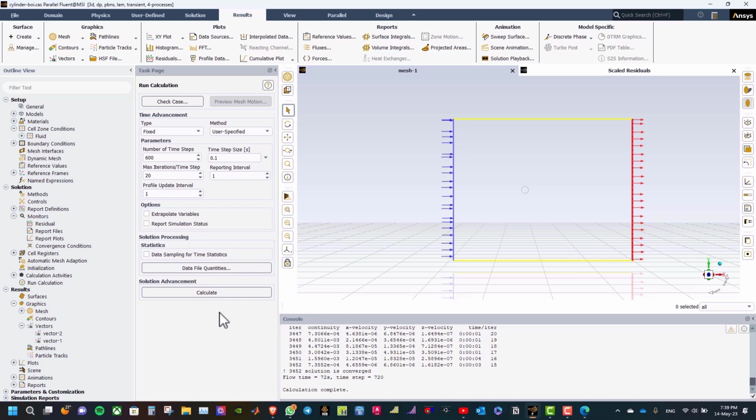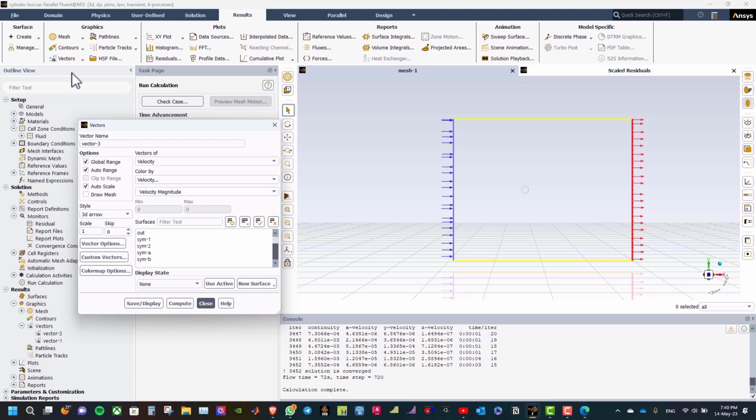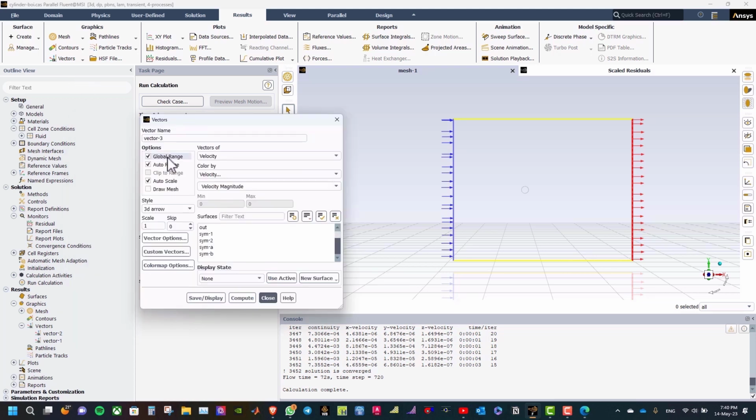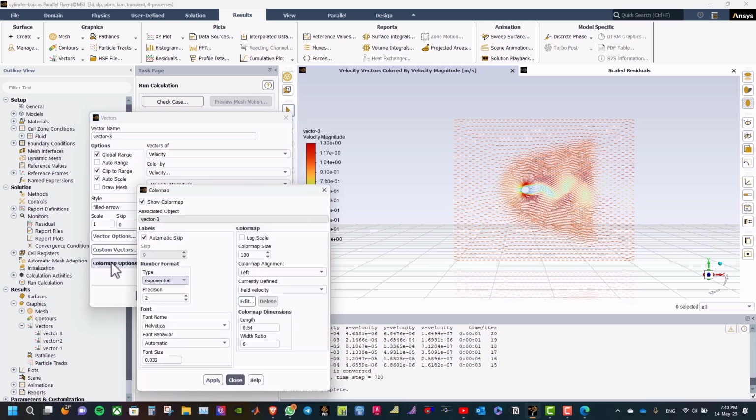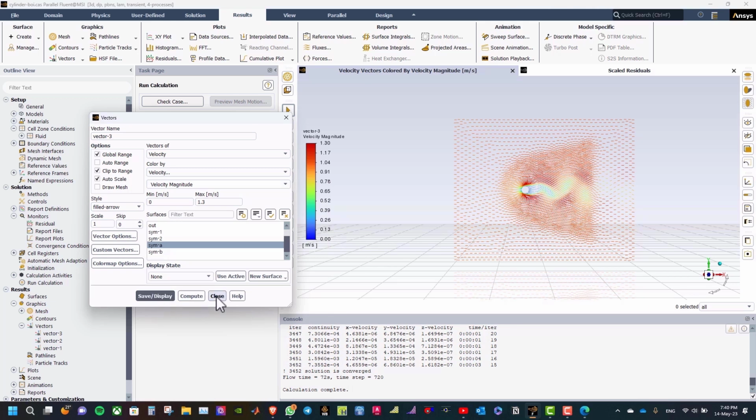Now let us create vector. Click on vectors and then New, and then select global range and not auto range, clip to range, and auto scale. And minimum will be 0 and the maximum will be 1.3. Then select symmetric A and then save display. This will be filled arrow. Color map option, float, apply, close, save display,